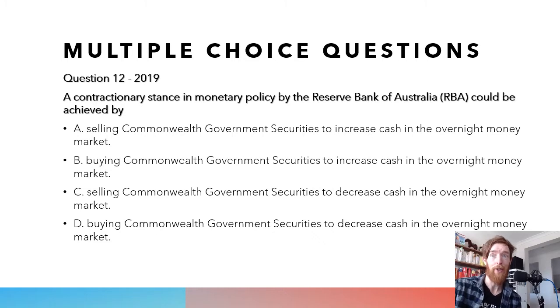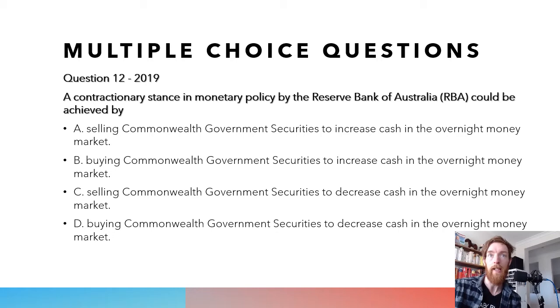So obviously there are two key things you need to know here: with the contractionary stance, whether they buy or sell Commonwealth government securities, and what that does in the overnight money market. They ask a similar question to this, you'll see it in the next two questions, almost every year. I think part of the reason they do it is that normally between 60 and 70% of people get the answer correct. It should be relatively simple, but when your brain is in SAC mode or exam mode, you can very easily trip yourself up. I know I still get these wrong sometimes because I try to do it too quickly and I get one of the directions wrong.